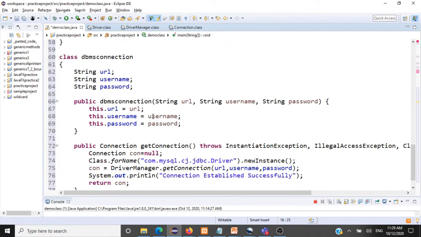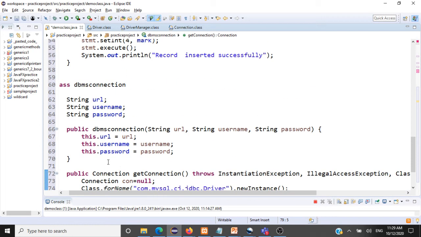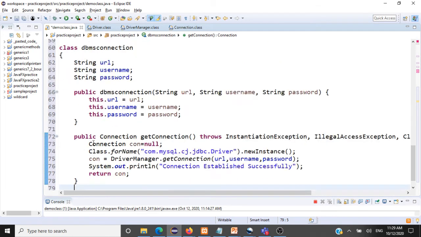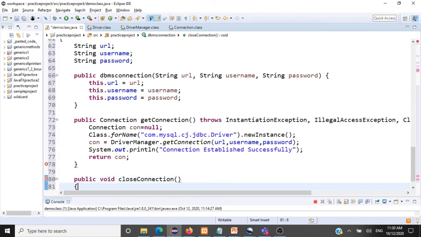How we can reuse that is, we can go to our DBMS connection class and have a separate public void method called closeConnection.